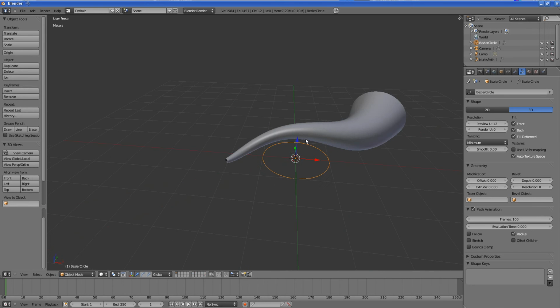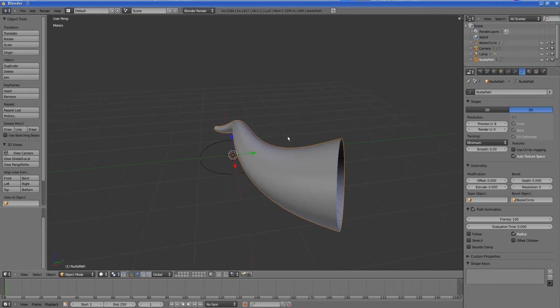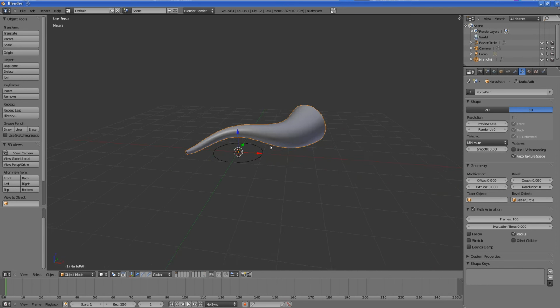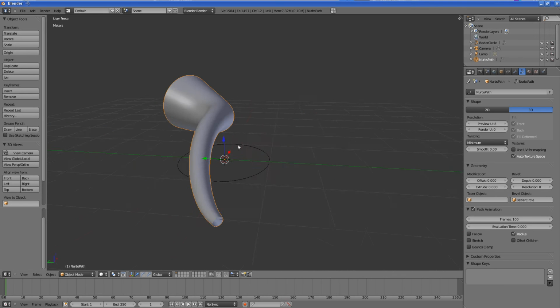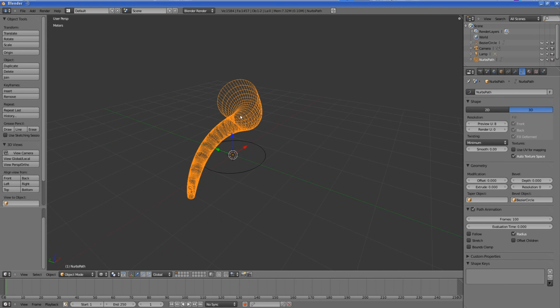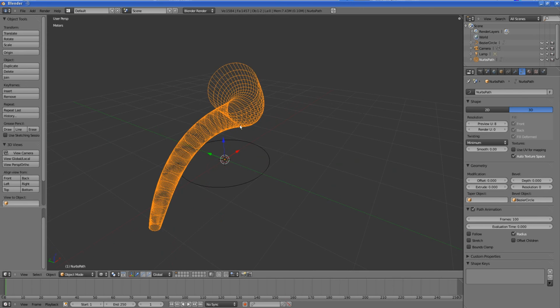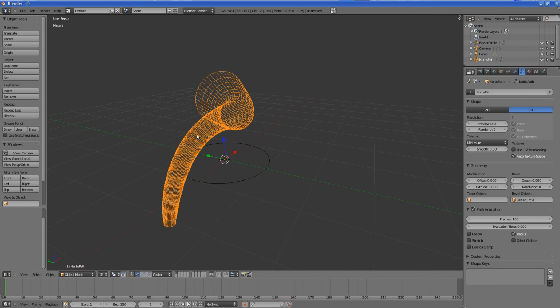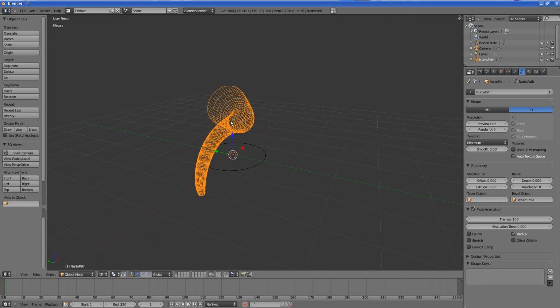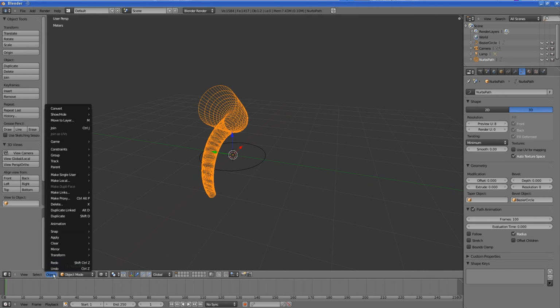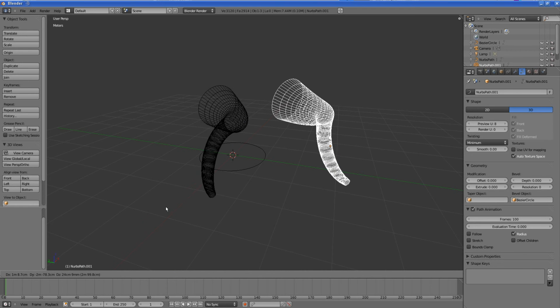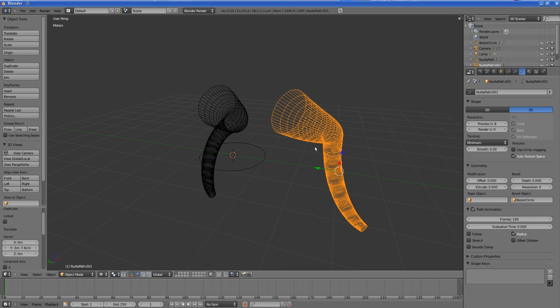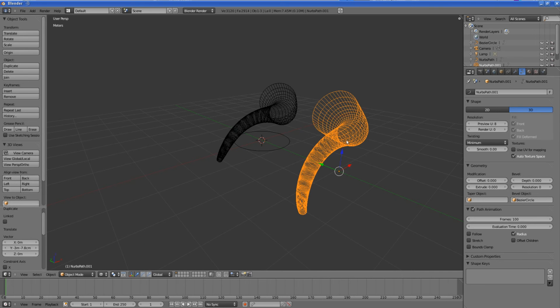Again, let's keep it simple for this lesson. So I have this curve object, the NURBS path object. Now what if I want to convert this into a polygonal mesh? Just like we did in the modifiers example, let's not convert this into a mesh directly. So let's make a duplicate, and let's press the Y key to constrain in the Y direction. Now let's convert this into a mesh. So space key,